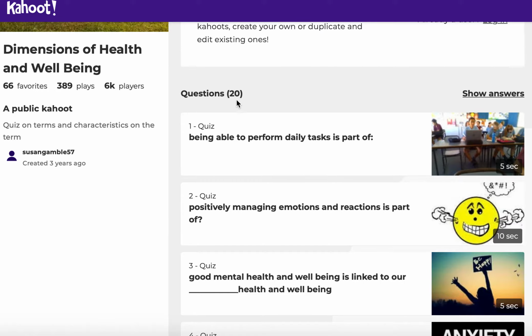So, 20 questions, and just clicking on the question will help you bring up the answer. And I know that you're not going to see the ticks and crosses right from the start. So what you're going to need to do here is have a guess of the answer before you click on it. So the first question says, being able to perform daily tasks is part of,